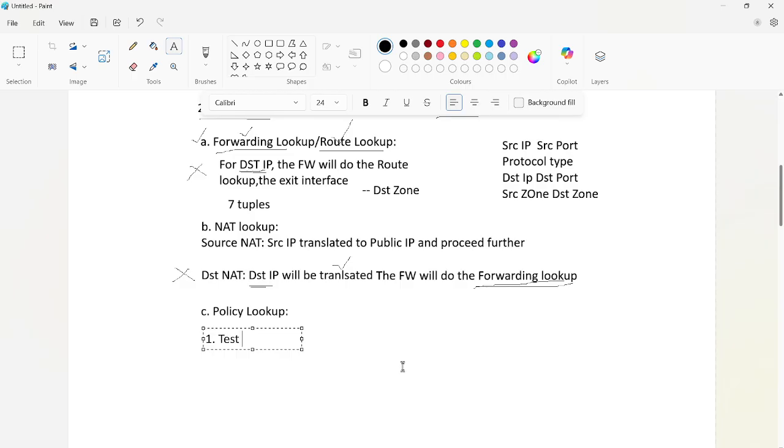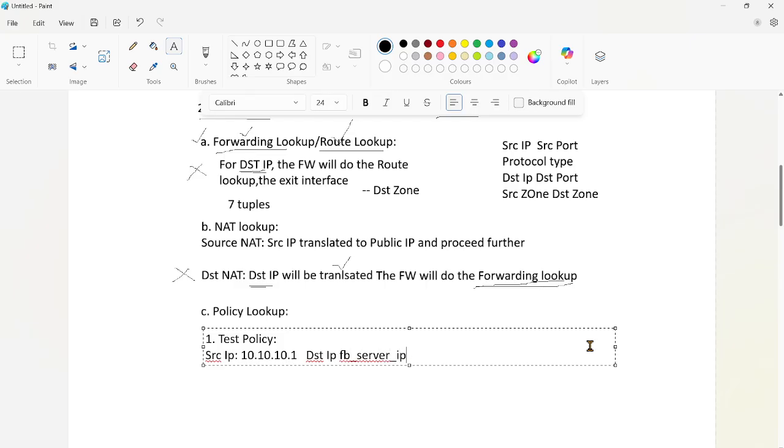Let's suppose I have configured a test policy, and I have included source IP as 10.10.10.1, and destination IP, which is our Facebook server IP.